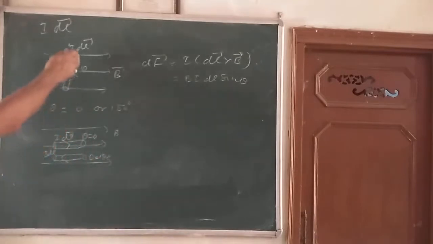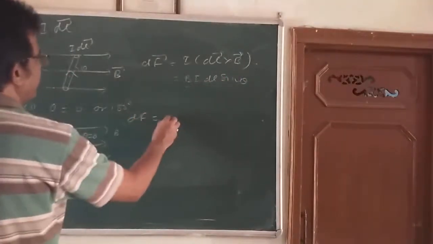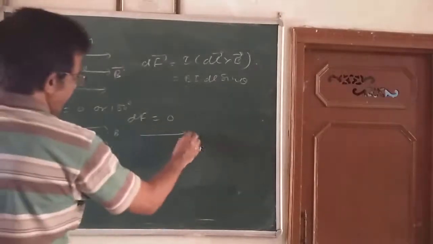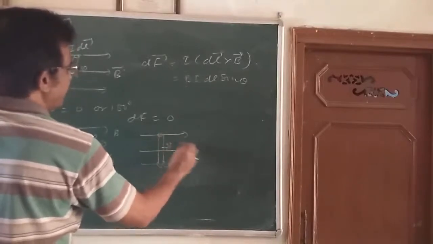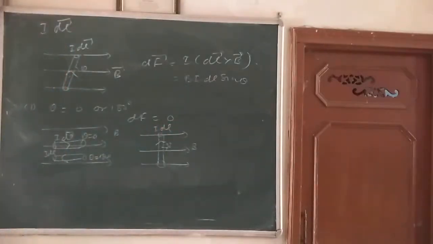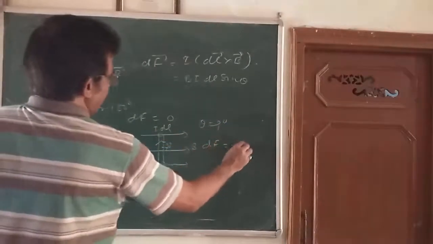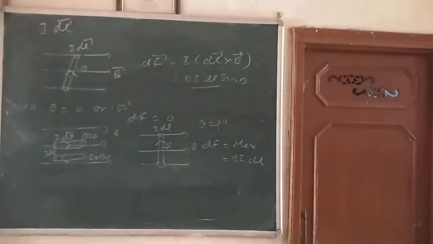So when the angle between the current element and the magnetic field is 0 or 180 degrees, तो फोर्स जो लगेगा बच्चों यहाँ पर B I dl sin 0 और sin 180, फोर्स हो जाएगा 0. Force on the current element is 0. But if your magnetic field is this and the current element is placed at 90 degrees to it, here is the magnetic field and here is the current element, both are at 90 degrees. जब theta 90 degrees हो जाएगा तो जो फोर्स लगेगा बच्चों, that is the maximum force, that is B I dl, you can say, with the help of this small element.